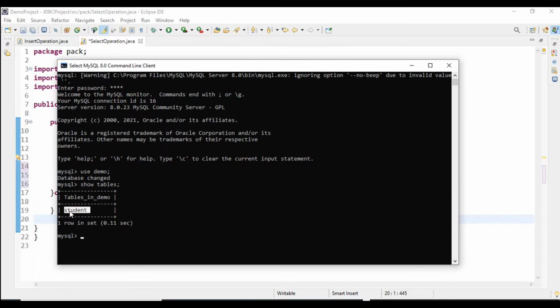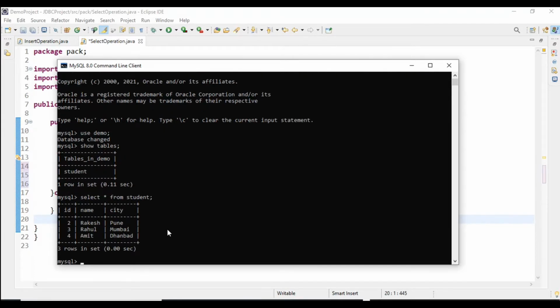This is the table which we have created. This is the query, select star from student. When I execute this query, it will give all the details of the student table.